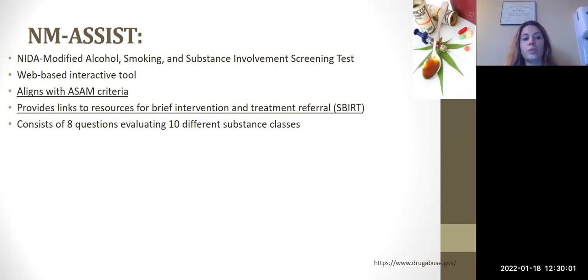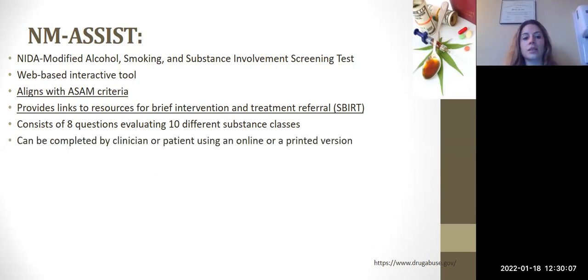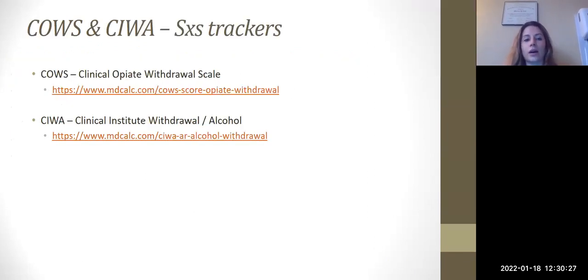So what level of care would be recommended based on their answers, and also some brief intervention or community referrals that are recommended. The clinician can do it with the patient, or like I said, the patient can do it. There is a printed version that you can get, and you can also play around with the interactive tool, which is really cool. So if you have access to an iPad or something that you can give patients to do while they're waiting,